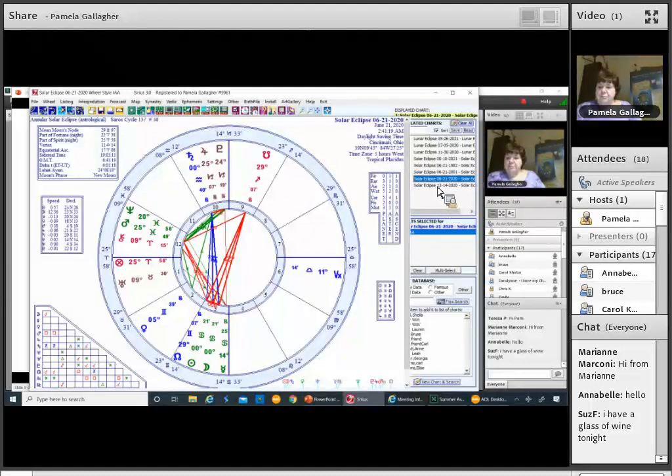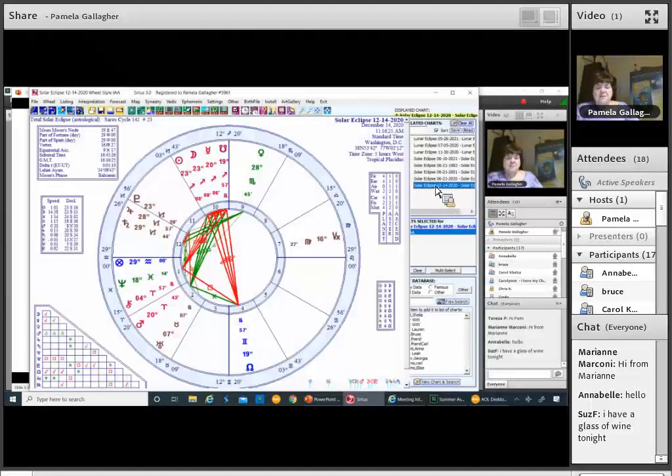So in December, the solar eclipse will be at 23 degrees Sagittarius. Now, it's 4 degrees off the nodes. From 19 to 23 is 4 degrees. And so,